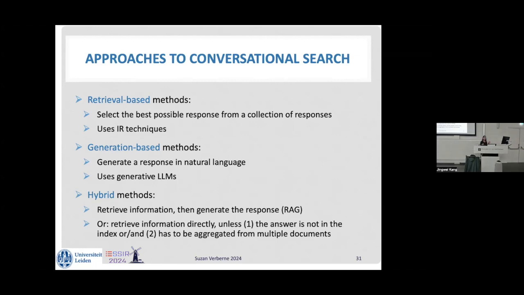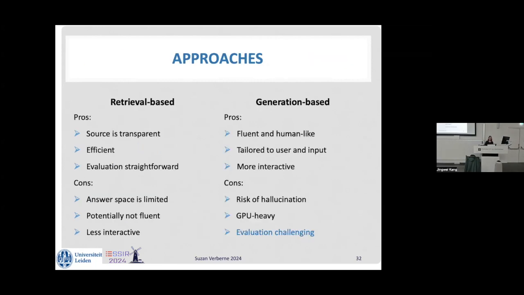Or there is this option where, in principle, you get the best response, but if there is none, or the information has to come from multiple documents, then you aggregate and generate the response. So generation becomes a fallback option if there is no one clear answer to a question. This is also a hybrid way. And each of them has